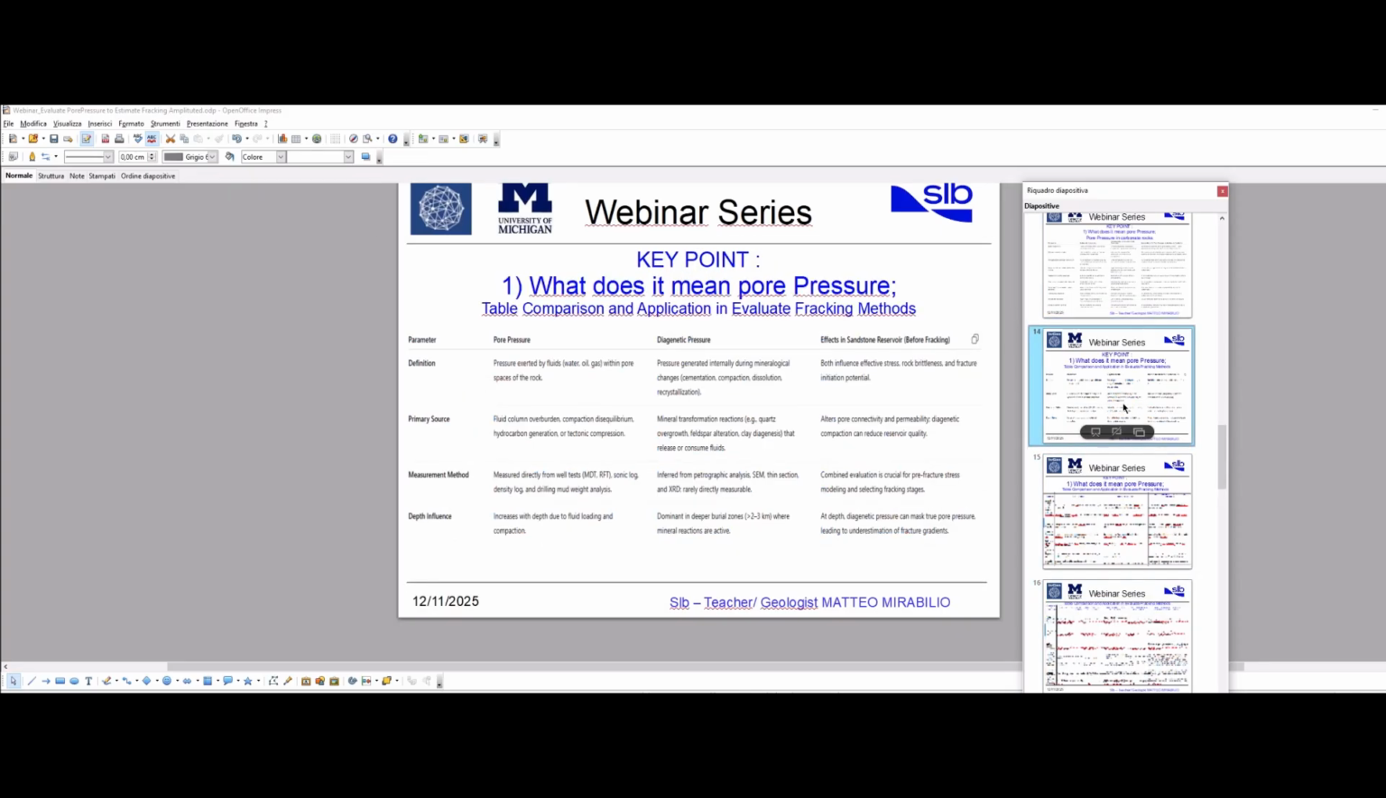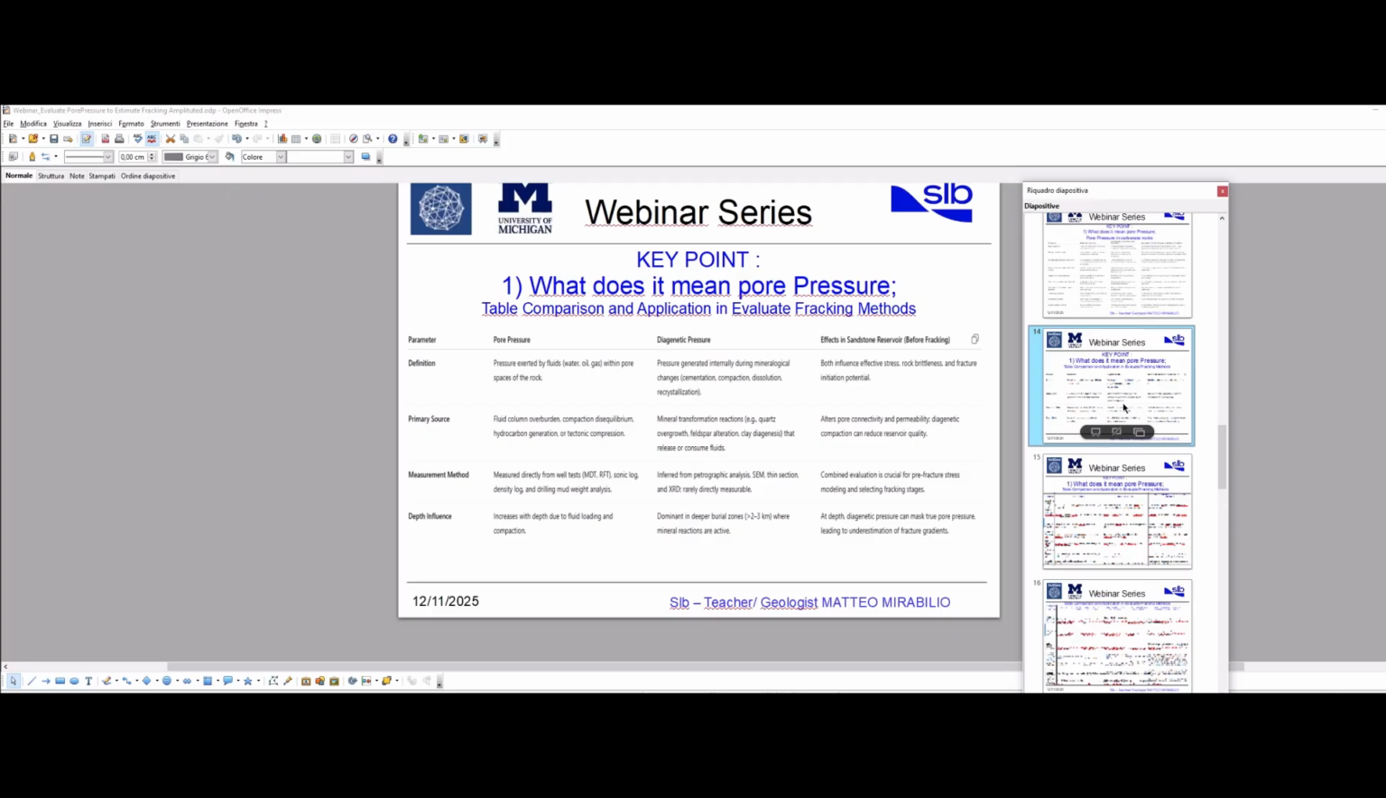After this kind of consideration, you can have a table of comparison and application to evaluate fracking methods. First, you need to evaluate pore pressure, the pressure exerted by fluids, water, oil, and gas within the pore space of rocks. The diagenetic pressure can also be analyzed, the pressure generated internally during mineralogical change,